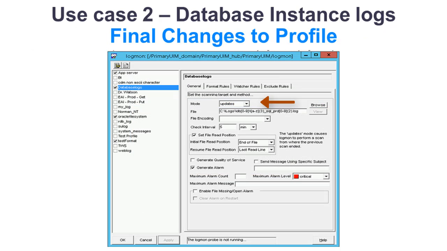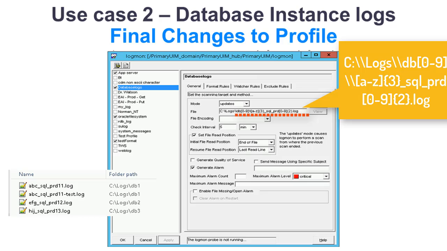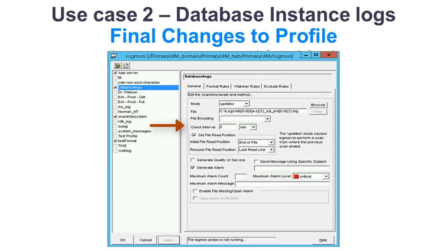The next step is to change the mode to update instead of cat so that the profile will check for new information. Next, we changed the file name to use a regex statement so that we could access all of the files that meet the matching criteria in the directory structure. We then need to set the update interval to be every 5 minutes. We also set the file read position to initially read from the end of the file and then from the